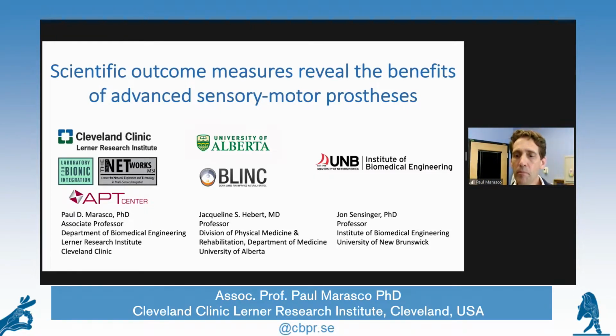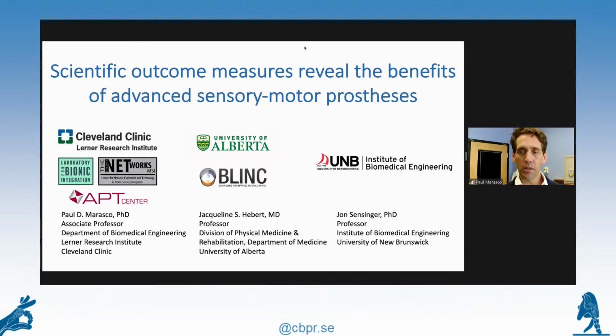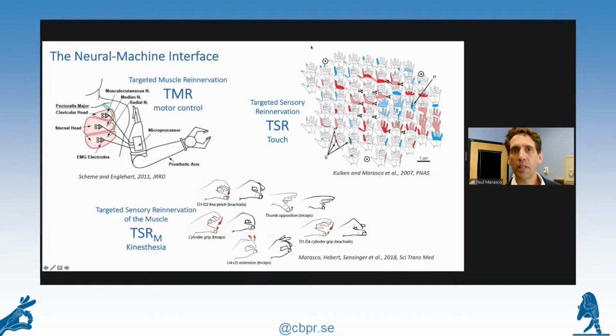So really to that question that you asked, Max, how do we provide evidence that all of these great systems that we've been looking at today actually provide benefits over standard of care? And as you mentioned, we're really constrained by this idea of time-based performance metrics. So let's go ahead and move to the next slide. Oops. There we go. And so, we'll talk about the system that we work in, that we're most comfortable with,